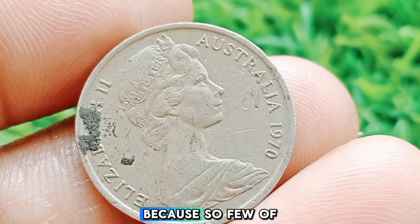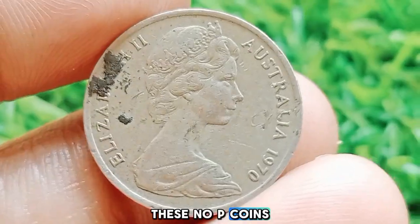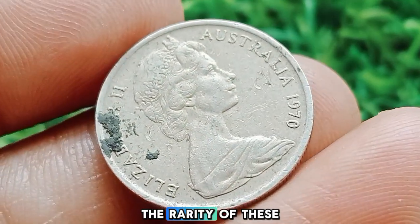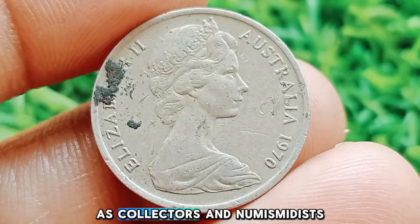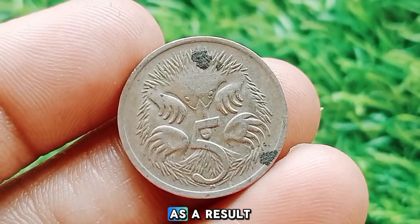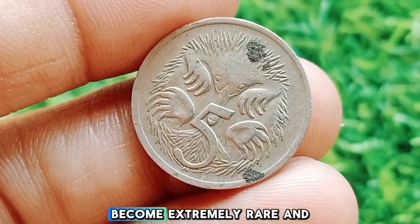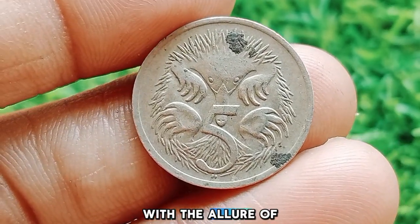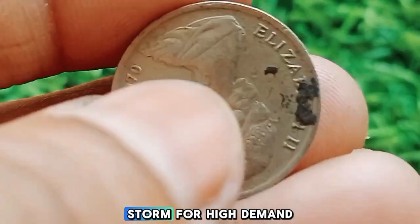Here's the kicker: because so few of these no-P coins were ever released, and because they were not originally recognized as valuable, the rarity of these coins has only grown as collectors and numismatists, coin experts, have slowly discovered them. As a result, these error coins have become extremely rare and highly coveted. When you combine rarity with the allure of a minting mistake, it creates a perfect storm for high demand in